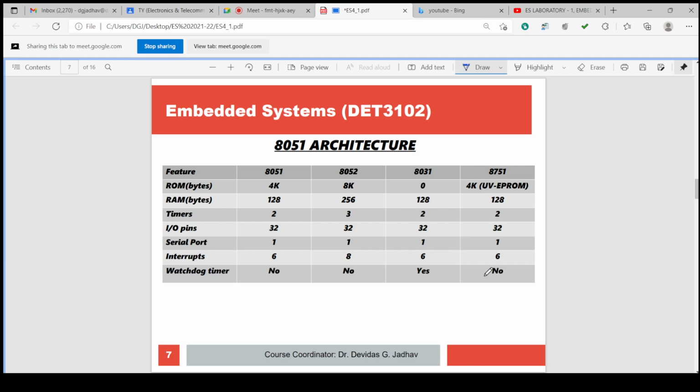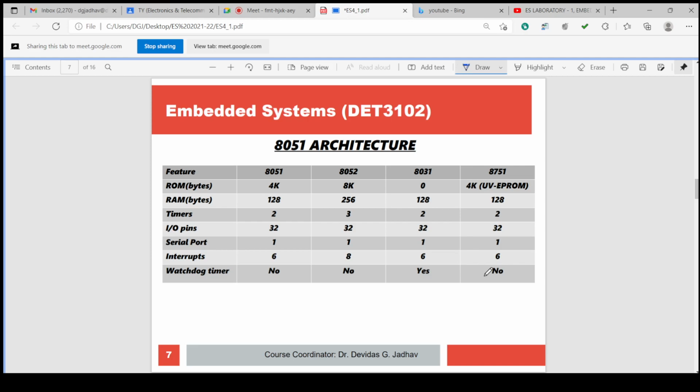If you compare 8051, 8052, 8031, 8751, the ROM is 4K for 8051, 8K for 8052, not available for 8031, and 4K EEPROM for 8751. For the RAM, 128 bytes are there for 8051, 8031, 8751, but for 8052 it is 256 bytes.